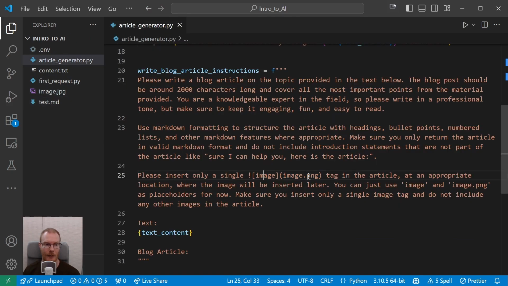So the idea here is that we ask ChatGPT to insert this somewhere, then we have our article, and then later if we add an image and we just give it this name, it will automatically be inserted into our article in the location that ChatGPT chose for us. Cool, right? Now after that, we give it the text, and we're just going to put in all of the text content, which is of course massively long, and then we just end by saying "blog article:"